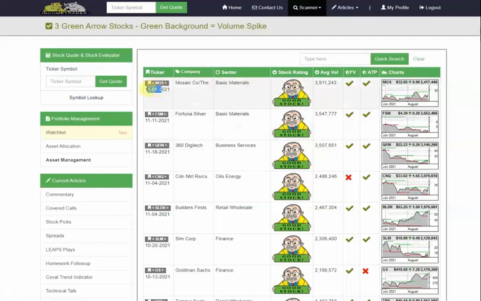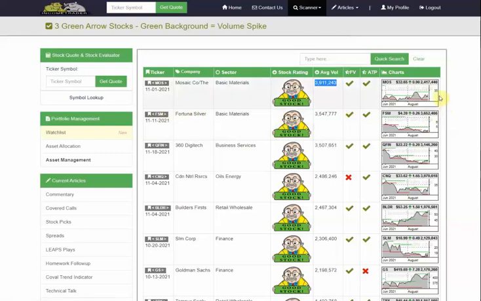Then when their next earnings are going to come out, so I know when I should pay attention, the name of the company, what sector they're in, how the stock ranks, the stock's average volume, and the fair value. Put your mouse there and it says that as long as the stock is trading at or below 33.15, you're getting a really good deal. Analysts say it should be worth at least 39, and the current stock is only at 32.65. I just got some 3 green arrows today. And I can look down at the next one here,